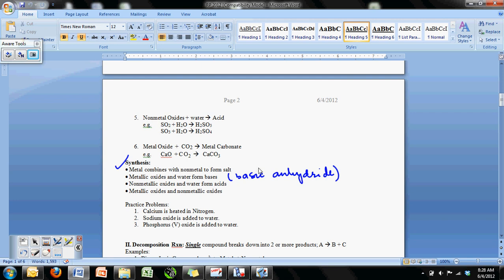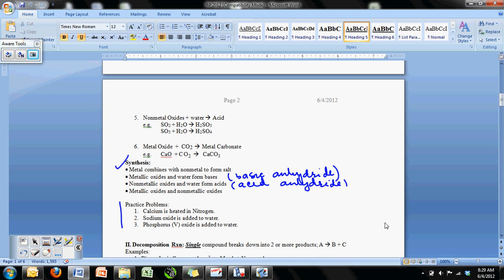So that's why they're called basic anhydrides. Similarly, non-metallic oxides are called acid anhydrides, meaning if you add water to them, they'll form acid. And if you have a metal oxide and a non-metal oxide, you combine them all together to form a compound. And these are the practice problems which I will be dealing with in the next and the last podcast for